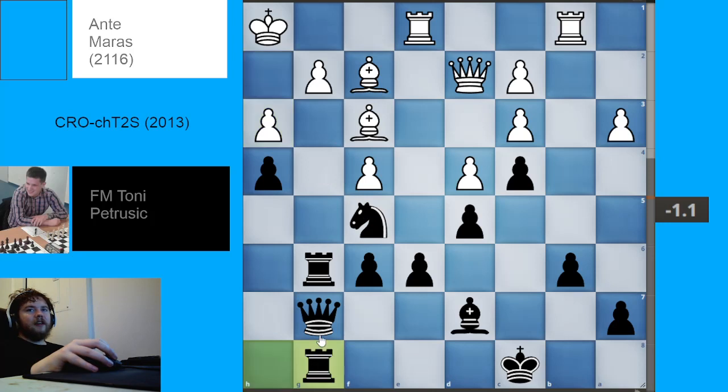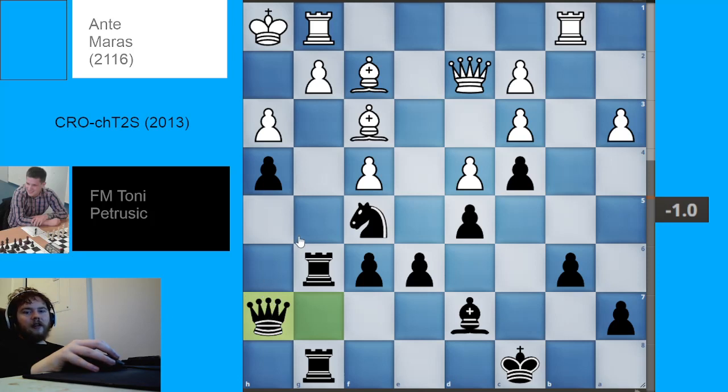Black moves their other rook onto the g file. It doesn't need to worry about this anymore, since, of course, if bishop comes here, then the rook will just blast through like that. So we have rook to g1, because black is looking at this potential weakness with nasty intentions. Black plays queen to h7,